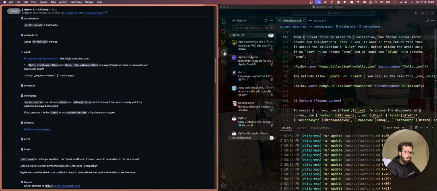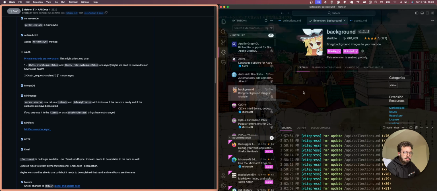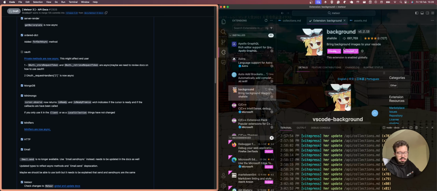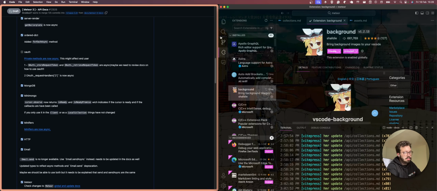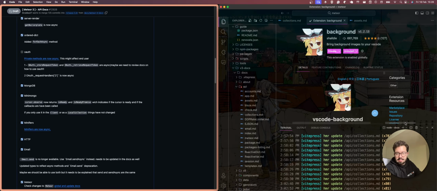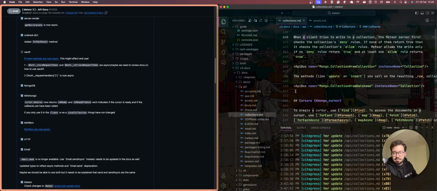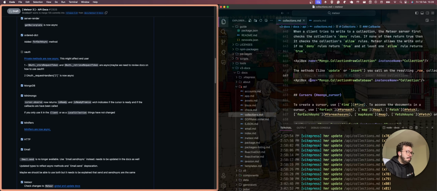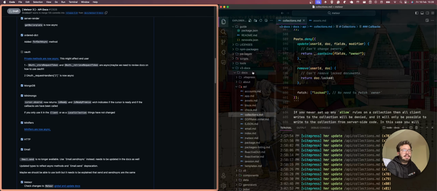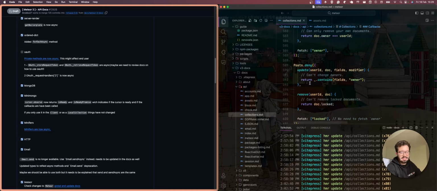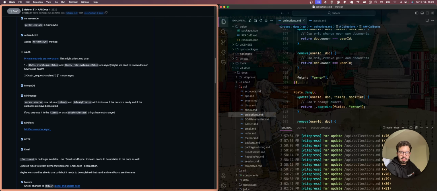If you guys are interested in knowing, the theme I'm using is this one called background. It has some configurations to be done, but it works like this, as you can see here. It's really nice to have this background, at least for me, because my default theme is all black. It's good to have something that isn't wholly black, because otherwise you have to struggle a little bit more with your eyes.